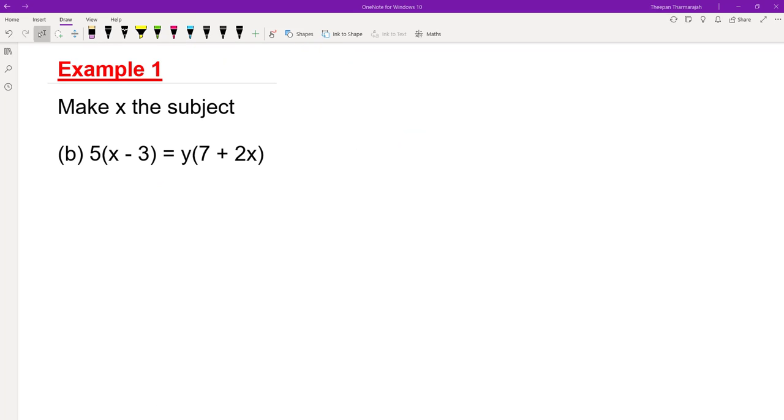Here's a question for you to try. You can pause the video, and when you're done, I will go through my work solution. Okay, welcome back. So we got 5 times x minus 3 equals y times 7 plus 2x. So what we're going to do is we are going to expand the brackets out. So we get 5x minus 15 equals 7y plus